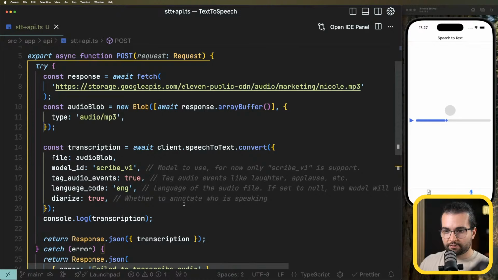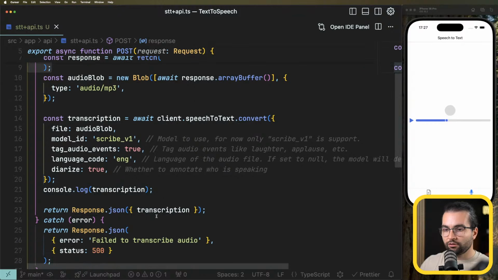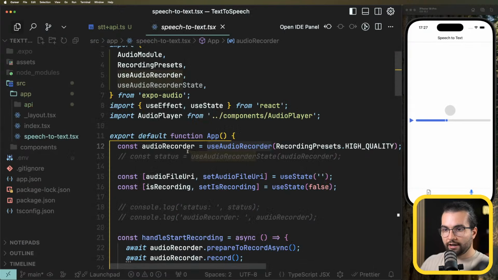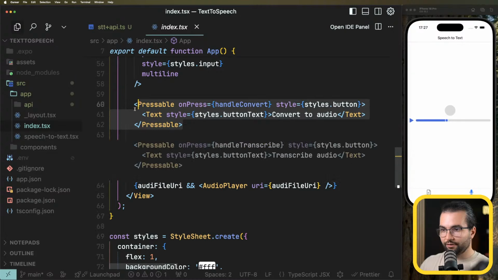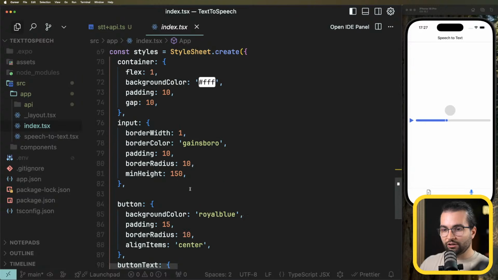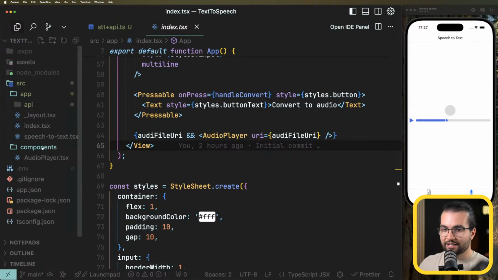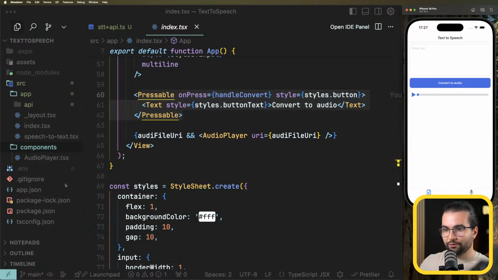And let's try this simple approach from the documentation that takes a random file and returns us the transcriptions. If I'm going to go back to my front end where we have speech to text, let's go back to the index and copy that button. And maybe it's a good time to transform it to a reusable button. I don't want to copy both button and styles. So for that reason, in the components, I'm going to take a little side quest. I'm going to extract this button to a reusable one, like convert to audio,